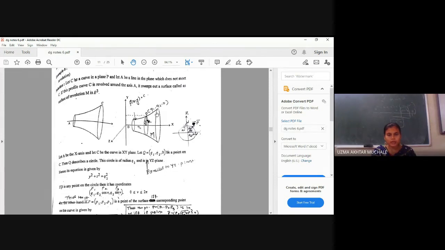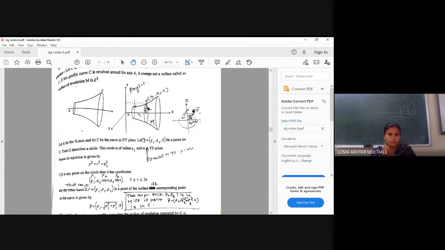So completely you will get one geometric object, and then we have to show that this geometric object is a surface. For that, we will take a point on the curve, and then we will find out what the coordinates of that point on the surface will be after revolution. This is a point Q, and somewhere after revolution there is a point P, with a rotation by an angle, say gamma or V. After that, we have seen what the coordinates of point Q on the curve are: Q1, Q2.